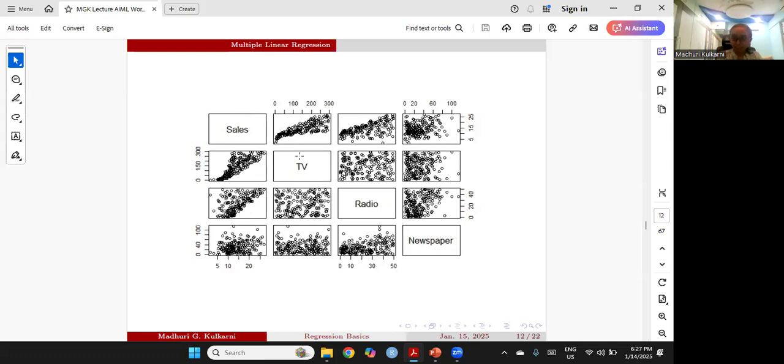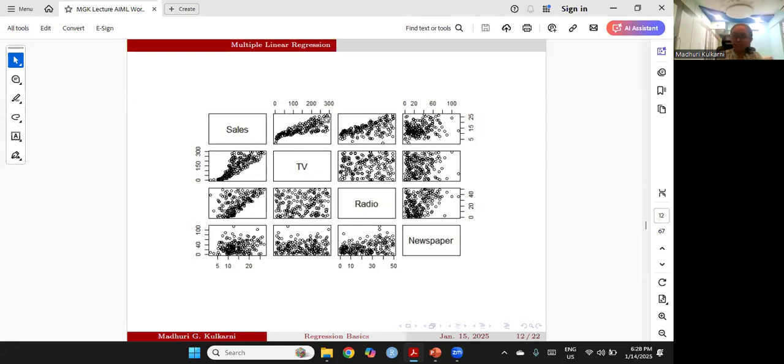You can see that when it comes to advertisement on television and the sales, as more and more money is spent on television, the sales are also increasing. But when you consider the higher side, it's not exactly increasing. See, for example, the point at which I have put the cursor. Here, the television budget has reached an extreme, so a lot of money is being spent on advertisement on television, whereas the sales are only at this level. Sales aren't that large if you go to this side, but for some, the sales are large.